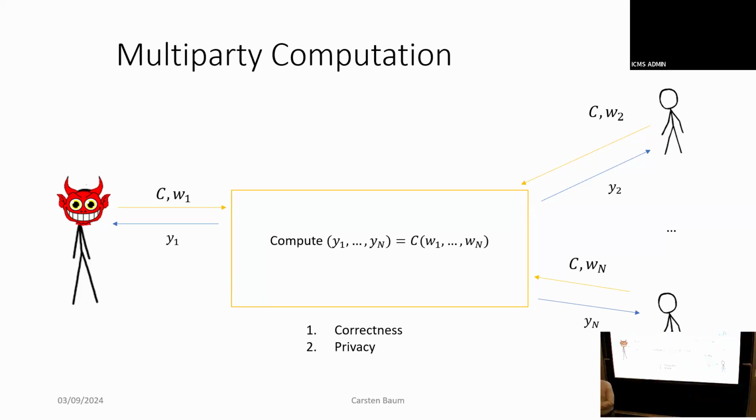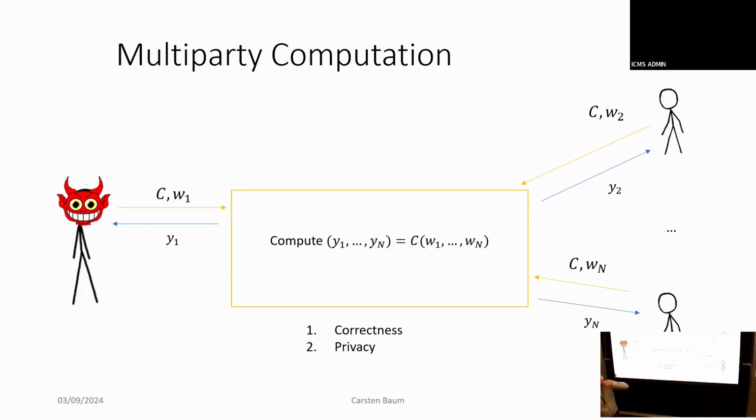Yes? What happens if they have different circuits C passed into it? If, for example, the parties don't really agree on the computation they want to do, then no computation is going to happen. So you'd have to formalize these corner cases. I left that out for simplicity, because otherwise we're going to get into trouble. We're going to be in a scenario where parties always agree on the computation they want to do. But thanks, good question. So we get correctness: everybody gets the output they're supposed to get.